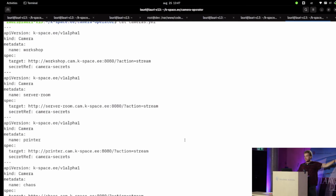The camera operator reads this. This is called a custom resource definition in the Kubernetes context. And then it will create the containers, or in Kubernetes jargon, deployments and services and other necessary objects to get the components running on the hardware. And when I reached this point, I felt really great because